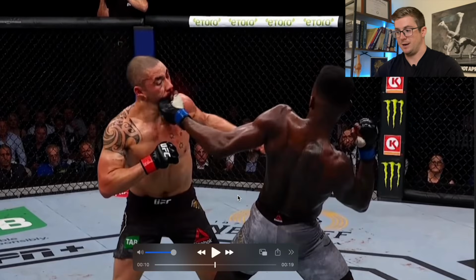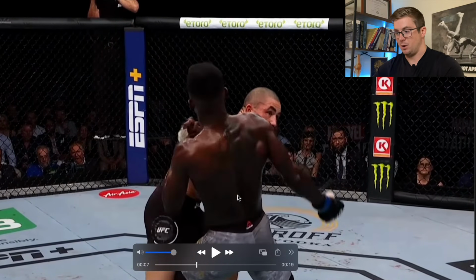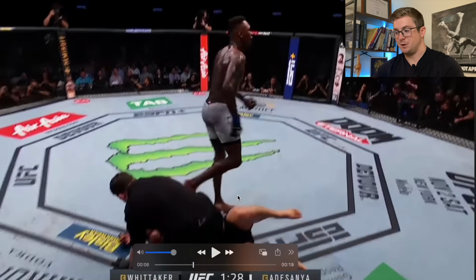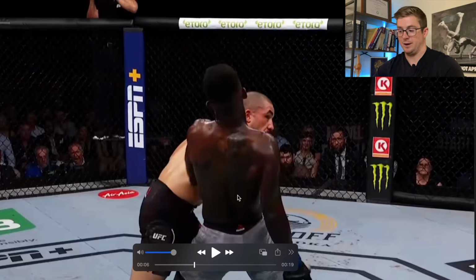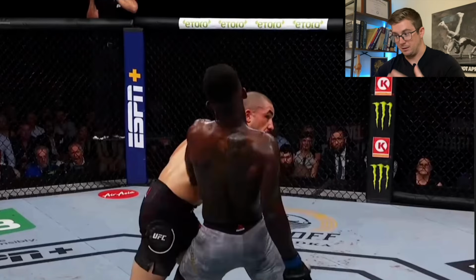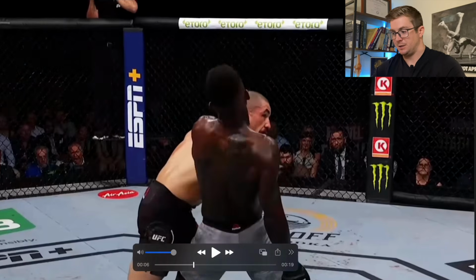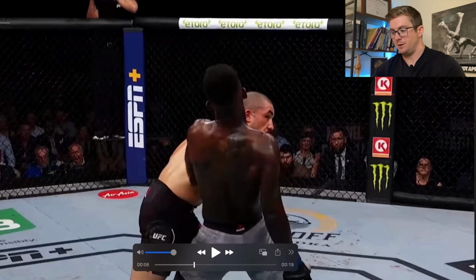Okay, so he's got a right and a left, but let's break down what makes it so special. He finds himself in a situation where he's actually leaning away, right? And this is where the length also comes into play as well. So his lead leg is already really, really close. He's leaning back, which is not something that we typically see in really hard knockout punches, but now this view